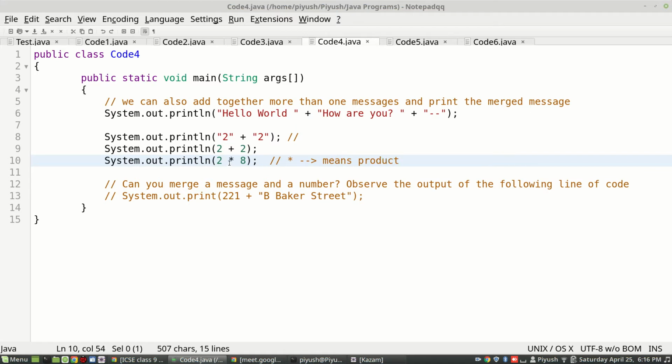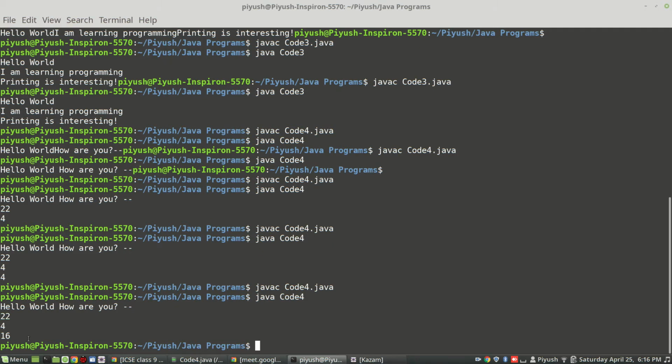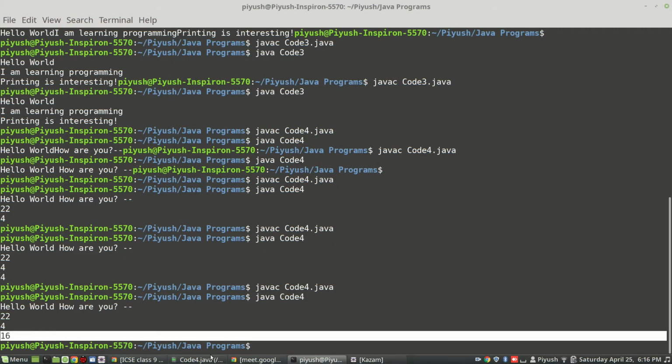Because both are without quotes, both 2 and 8 will be taken as numbers and not messages. Had this been inside quotes, it would have been taken as a message, in which case it would have given an error, because with messages only plus is allowed, multiplication is not allowed. So star means product, and therefore 2 multiplied by 8 will give you 16, right? Yes, sir. Here you have got 16. Is it clear? Yes, sir. Okay.